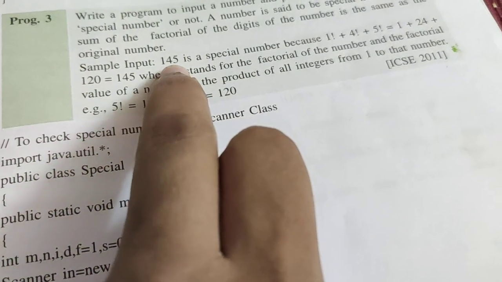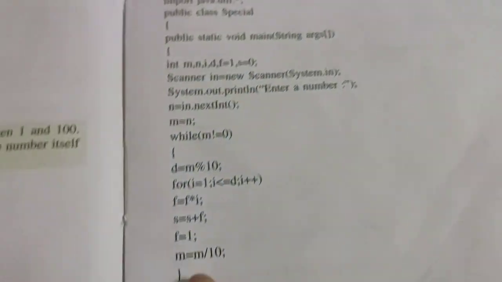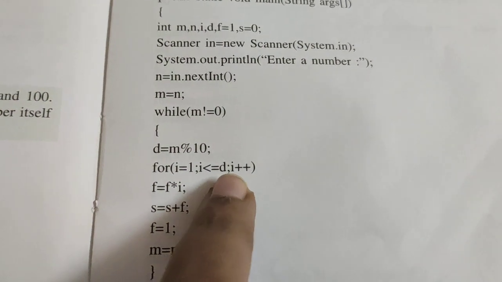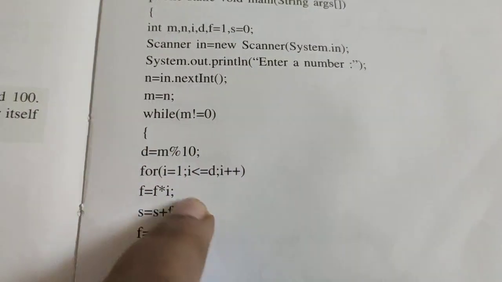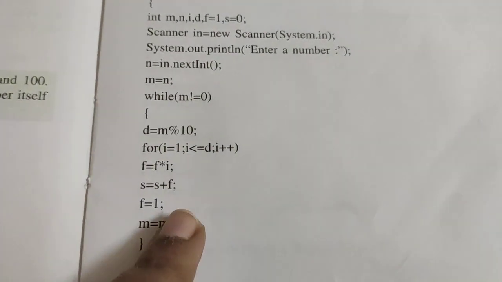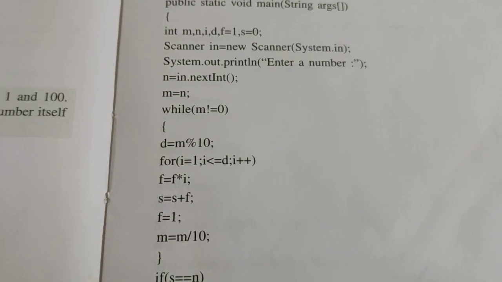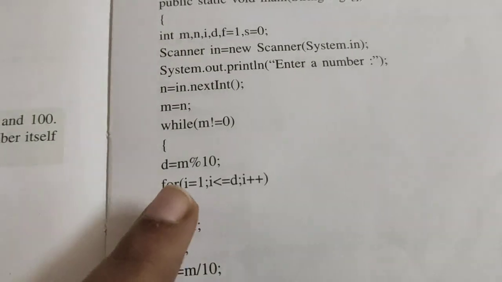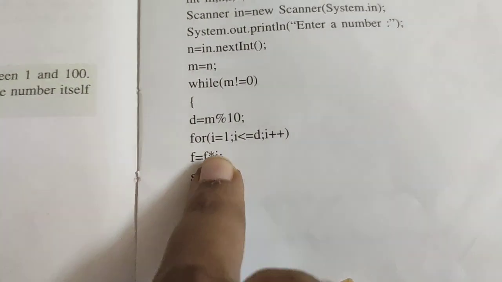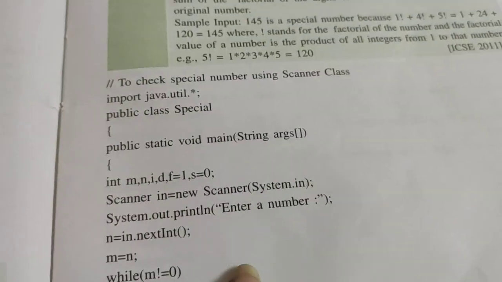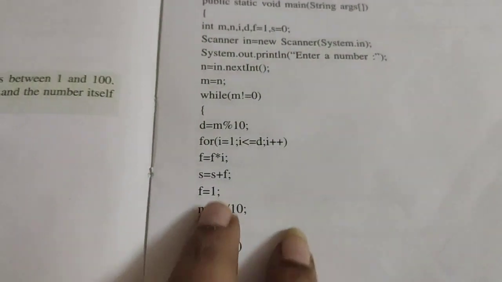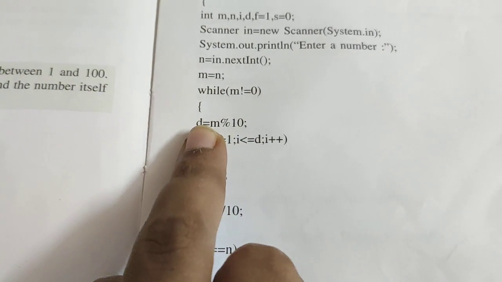For example, if this is the number, you are going to get 5. So to find the factorial of that digit, you have to initialize with that digit only, so that from 1 to that digit you get the factorial. So this loop is to find the factorial. See how it works here. With this number, for the first iteration you will be getting the digit 5 here. That is the ones digit you will be getting.